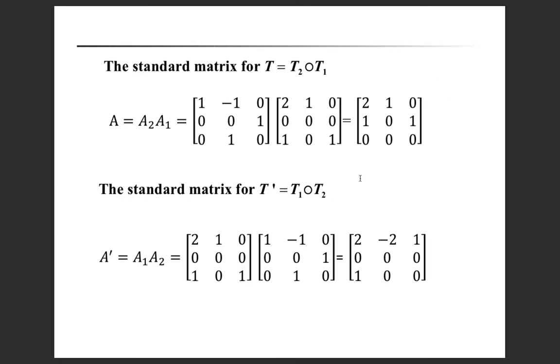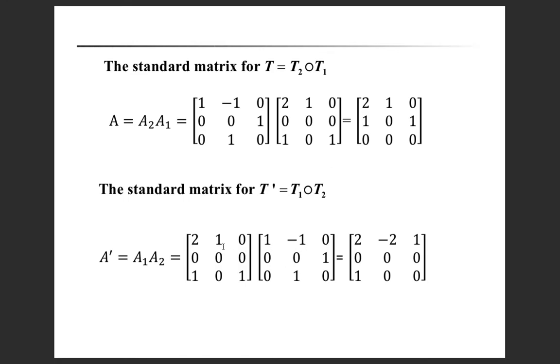So we can write the multiplication of two matrices like this. The standard matrix for T dash equal to T1 of T2 is A1 and A2. A1 is 2 1 0, 0 0 0, 1 0 1. A2 is 1 minus 1 0, 0 0 1, 0 1 0. Multiply these matrices,